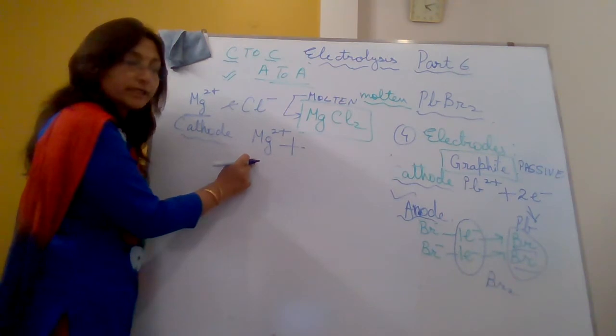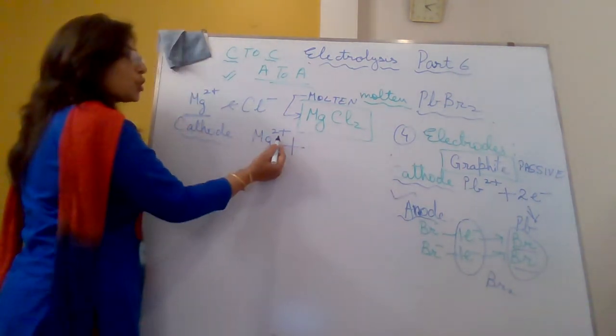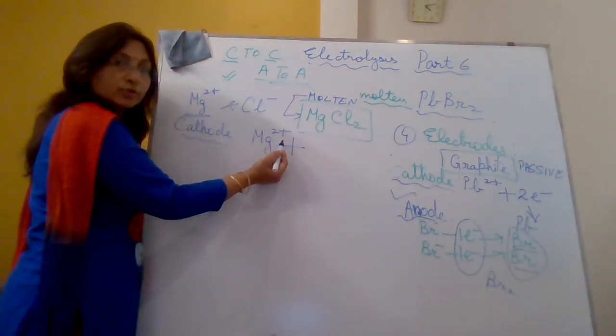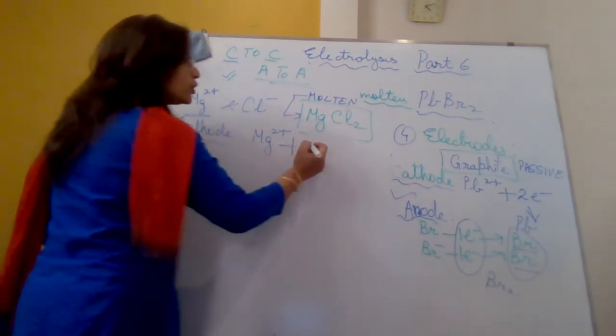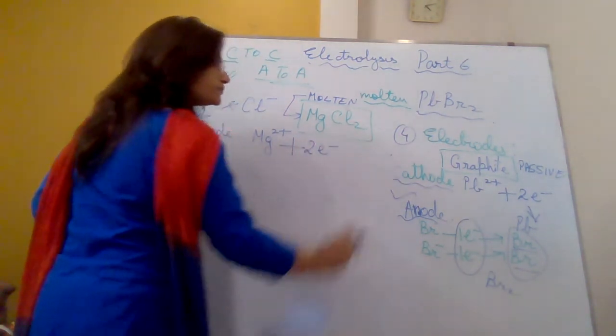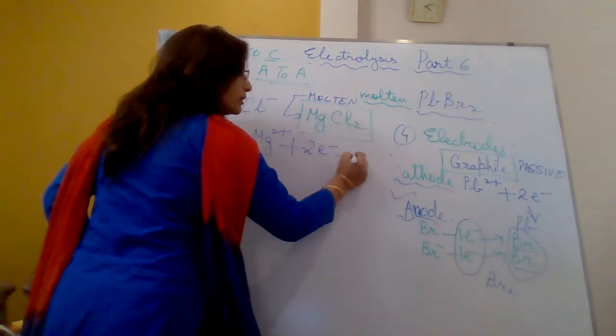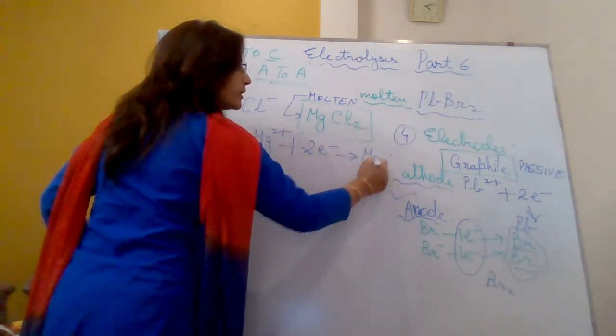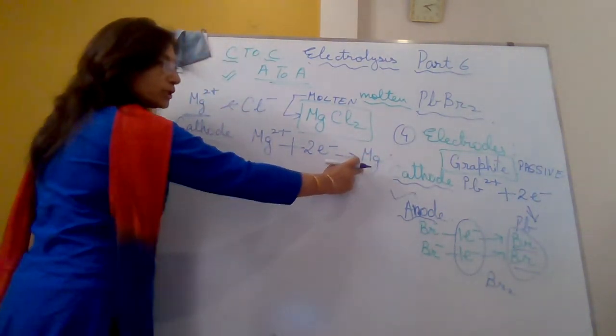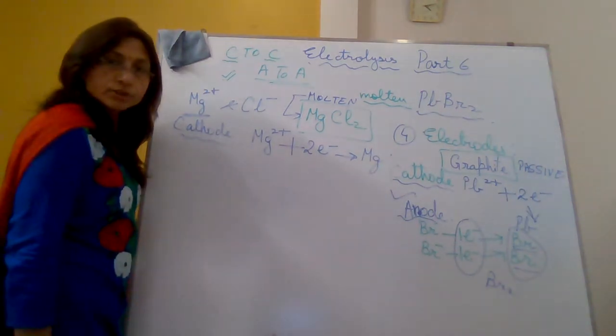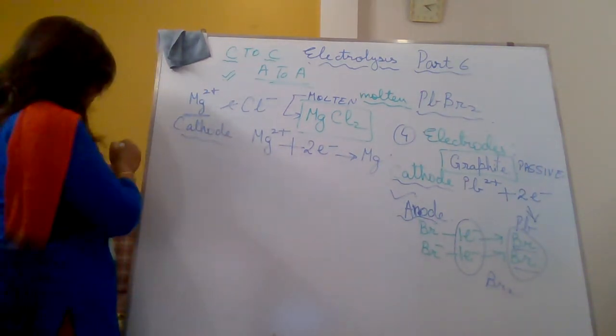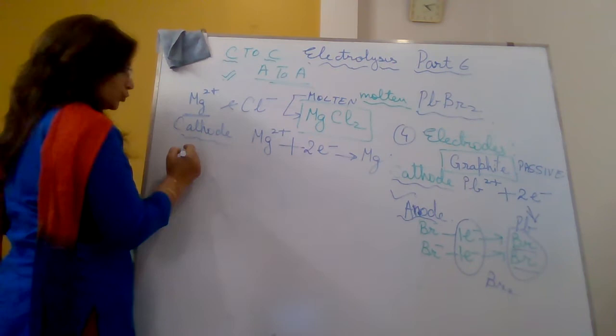In the case of cation, how many electrons? Obviously 2 positive है, तो discharge होने के लिए it will require 2 electrons, right? And what will be deposited? Mg, neutral magnesium atom will be deposited. So that's correct. चलिए अब आ जाते हैं एनोड के ऊपर।